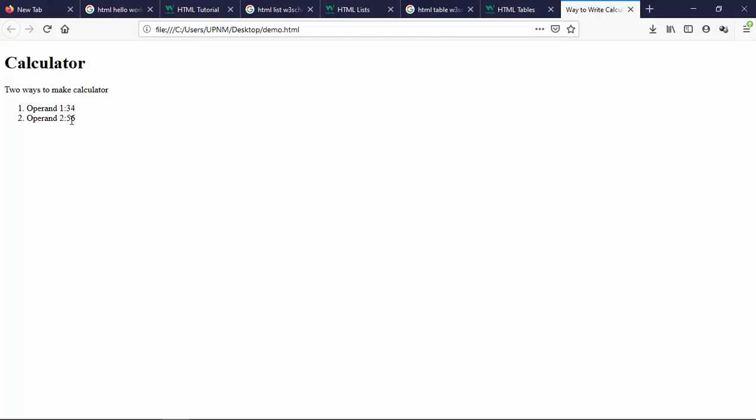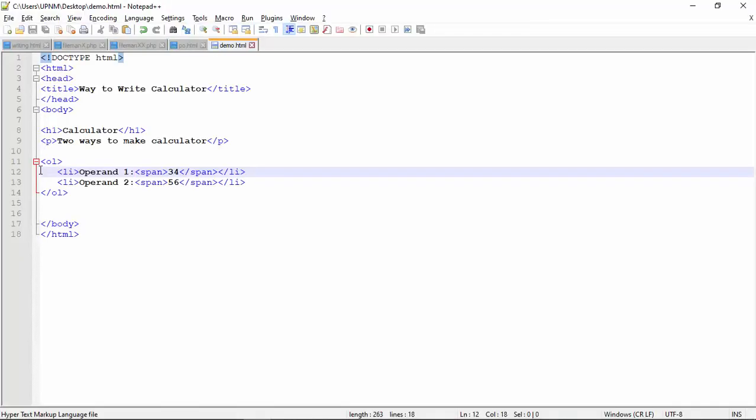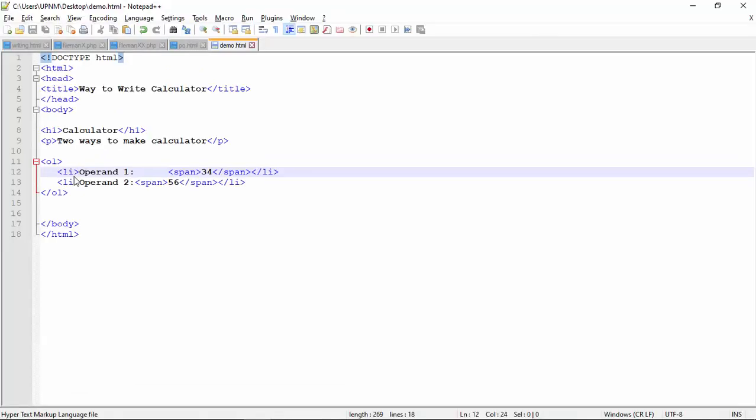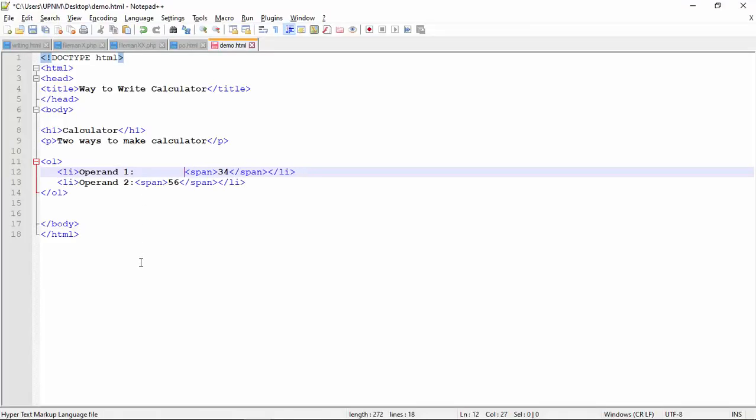So you can see here it is too close. Maybe we want to put some spaces. Remember, if we put spaces here, it doesn't work because the browser will collapse a sequence of white space to become one space only. Refresh, there's only one space. We put more, save it, refresh, nothing happened. So what you need to do is to give the space entity, which is ampersand NBSP. Then you can copy and paste so that you get more space.